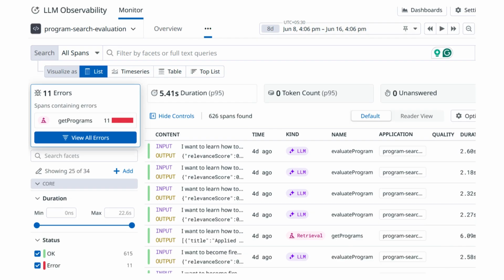The third column shows the span kind. In this view, you can see LLM spans for model calls and retrieval spans for fetching supporting data from a knowledge base. To the left, spans with errors are clearly flagged, making it easier to investigate failure points quickly. Overall, this dashboard gives you real-time, trace-level visibility into how your LLM is functioning, what queries are being run, what responses are generated, and how each step performs across different dimensions.